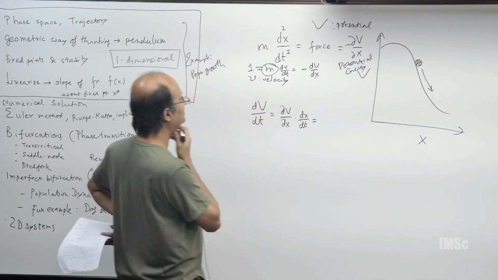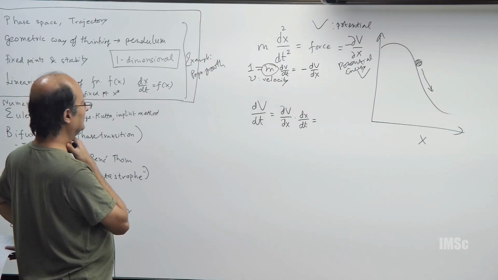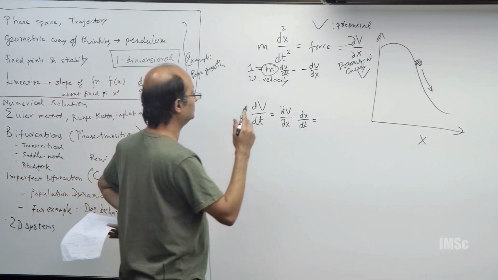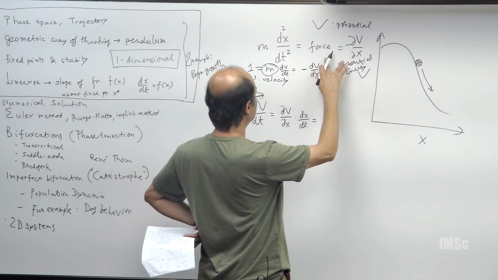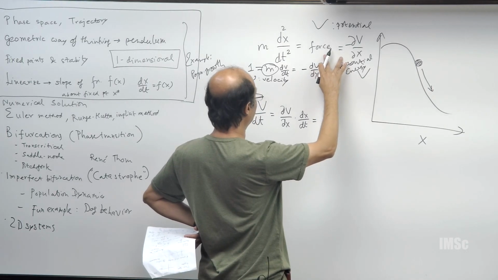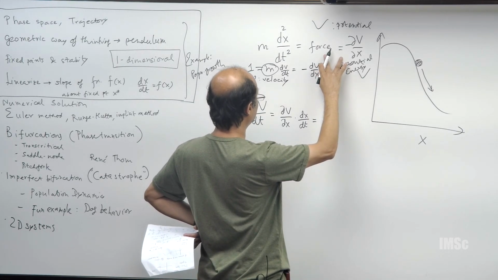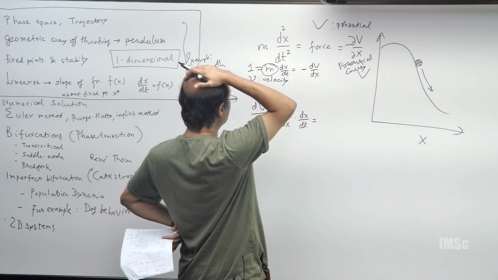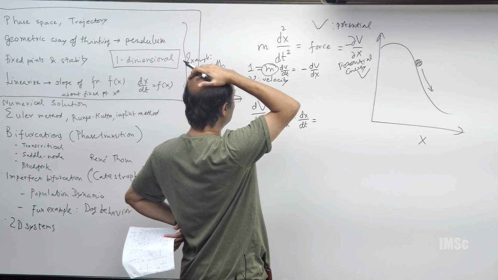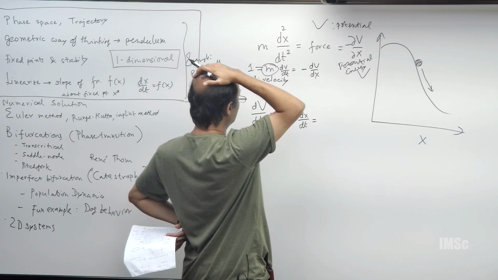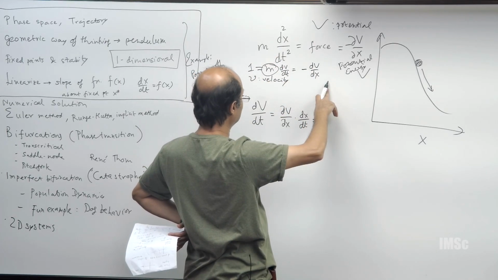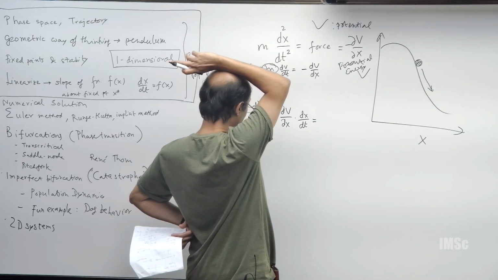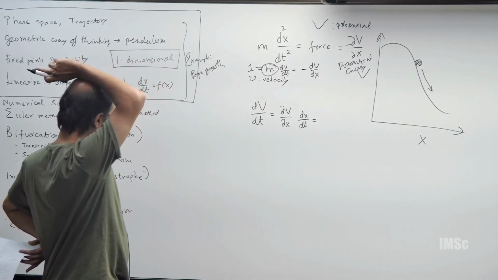How did I manage to mix that up? So this is my force. So m into f gives me dx dt. So dv dt gives me minus dV dx. So okay, so I think I made some mix up over here,